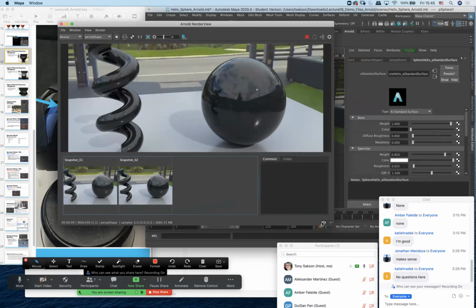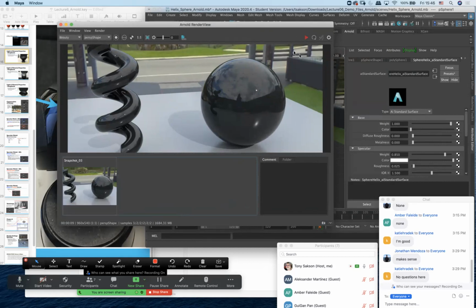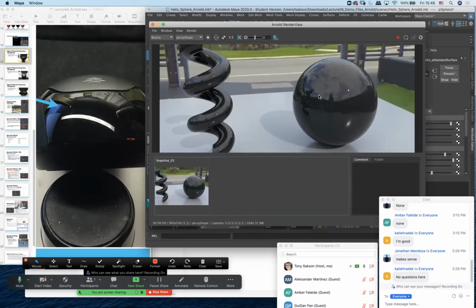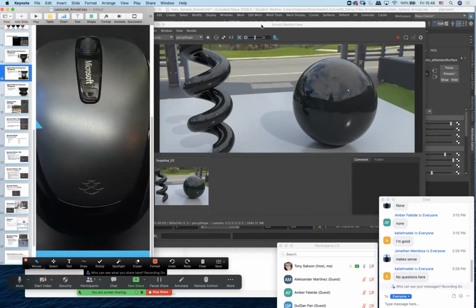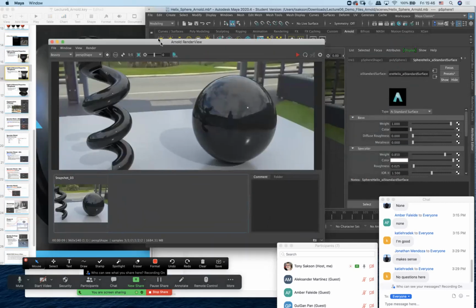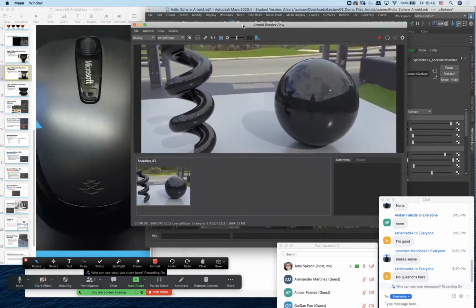All right, so that's pretty good. Let me get rid of the other images. So pretty good job matching this. Now let's give this one a shot. So we're going to take the same material. First off,